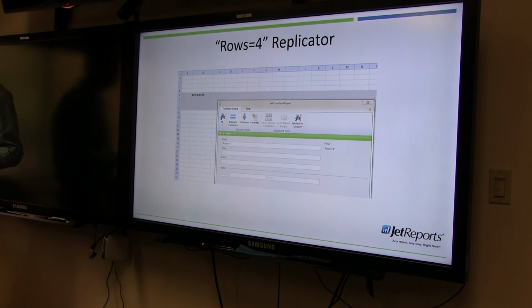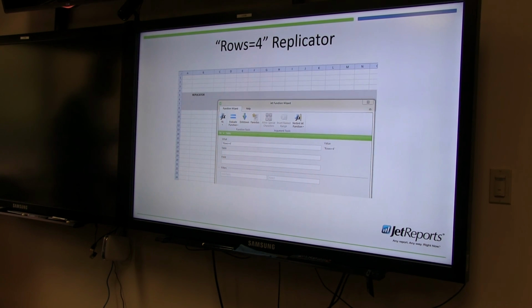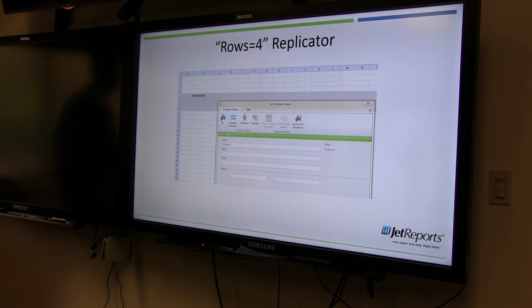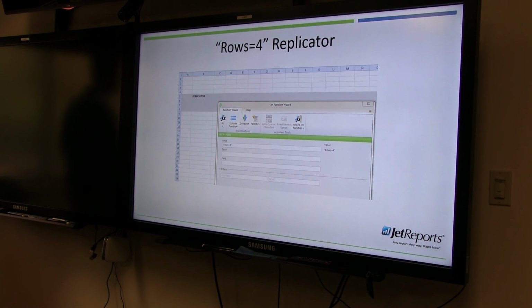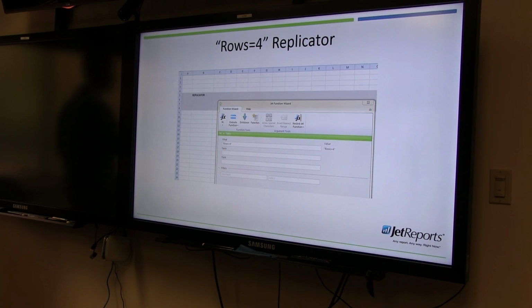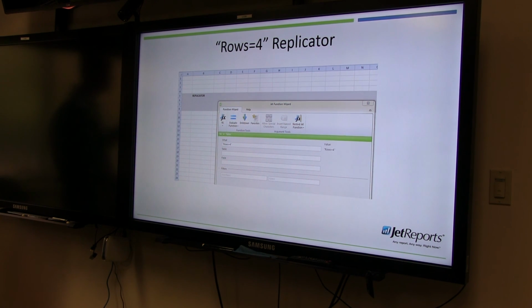So we can have rows equals something, columns equals something, and it just now mentions the sheets. But rows is probably the most common one we use. Now, when it comes to financial statements, columns is pretty common. Columns equals 3, because I might have, give me the balance, the budget, the variance, right? So I need to have multiple columns for each month. So January, give me the balance, budget,